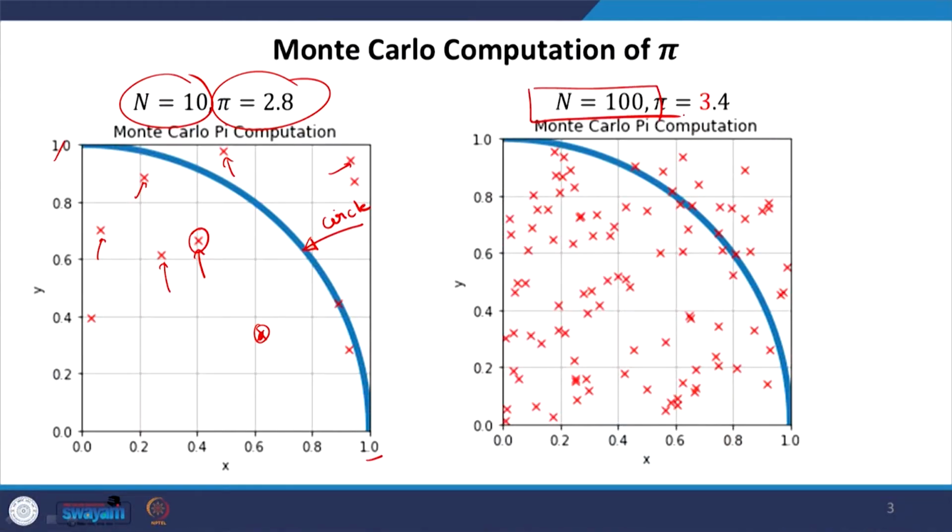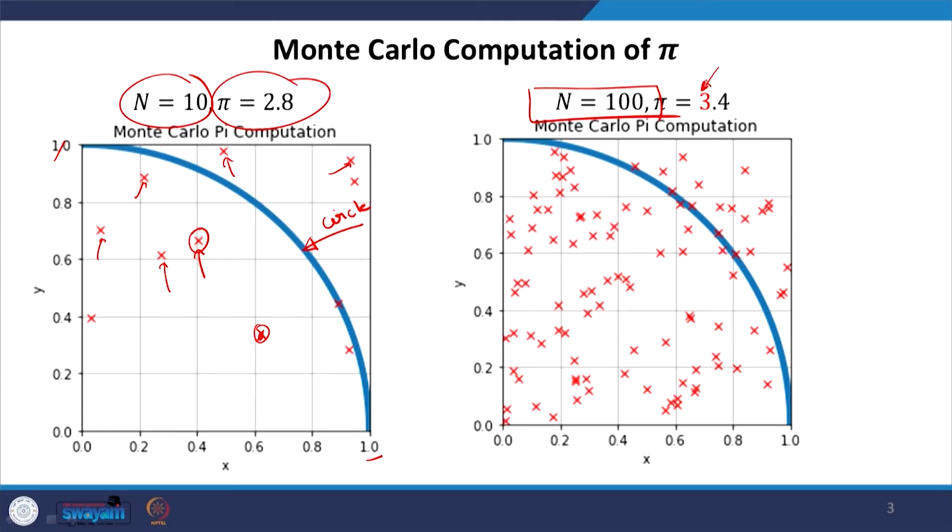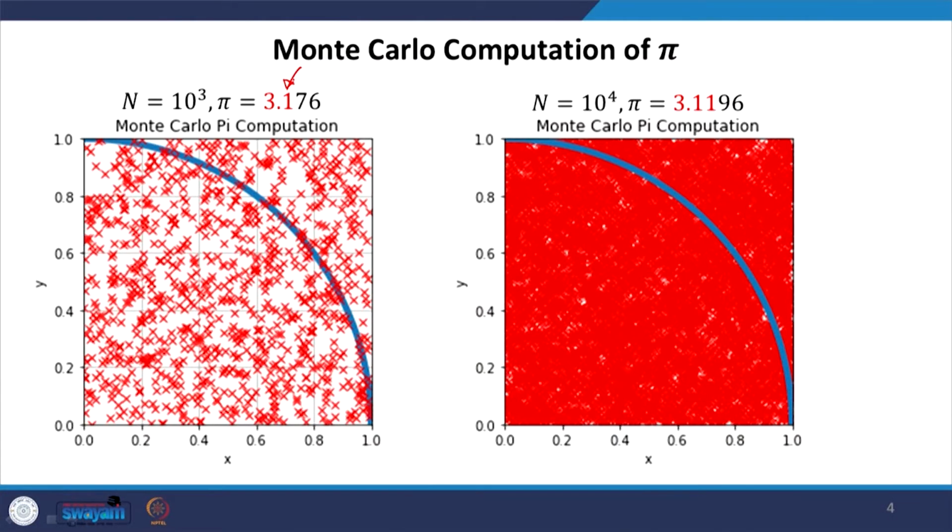But now if I increase the n to 100, so clearly we have more points, and therefore we expect that we will have a more accurate value of pi, and that is kind of true. The first decimal seems right, but we are still not there. Maybe if I run again, I may get 3.1, if I am fortunate enough, but still I am not very close to the pi value. So then I can do it for 1000, and now you can see I get the first decimal right.